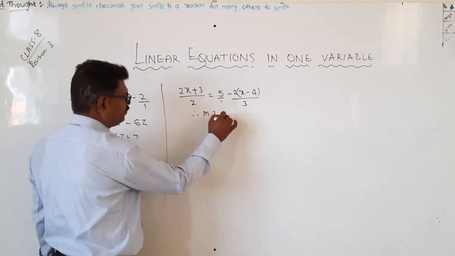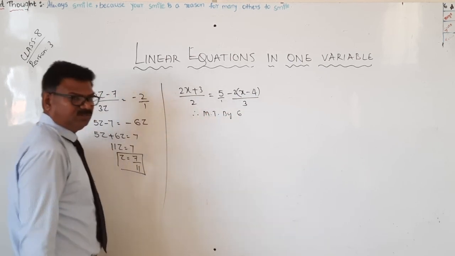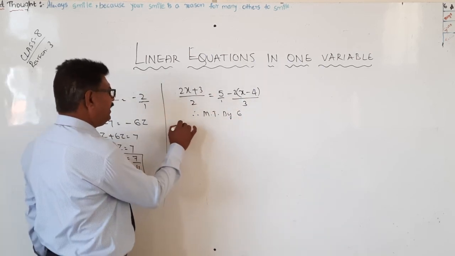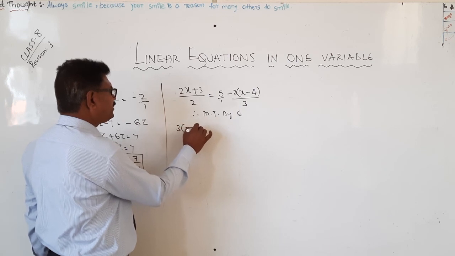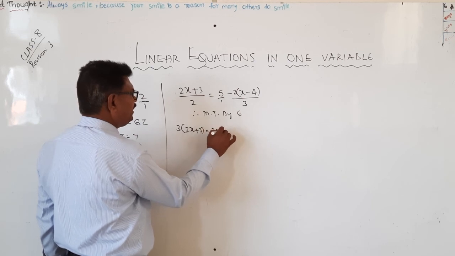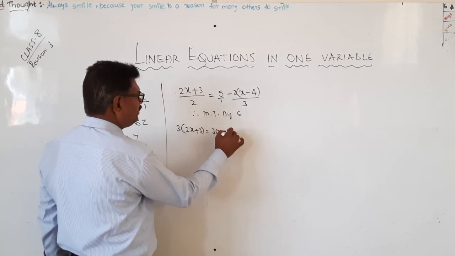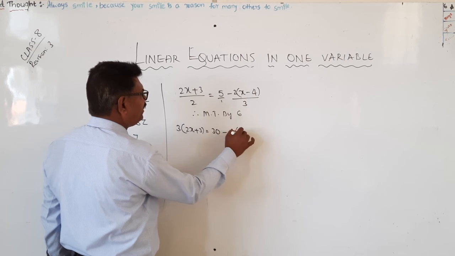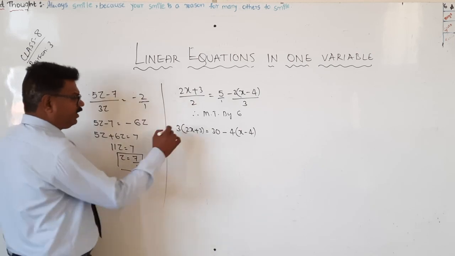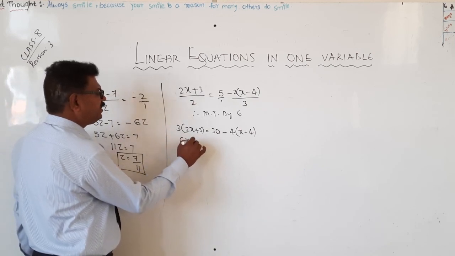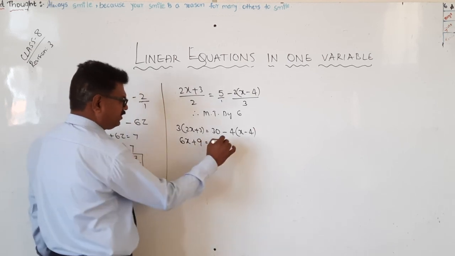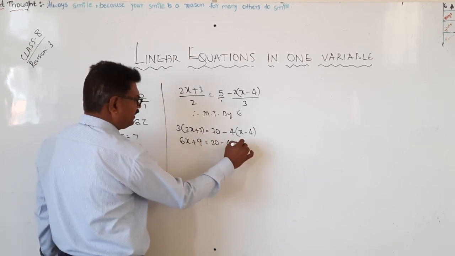multiply throughout by 6. Now 2 3s are 6, therefore 3 into 2x plus 3 is equal to, here nothing is there, 6 5s are 30 minus 2, 2 2s are 4, into x minus 4. Now very simple, 3 2s are 6x plus 3 3s are 9 equal to 30 minus 4x, minus into minus